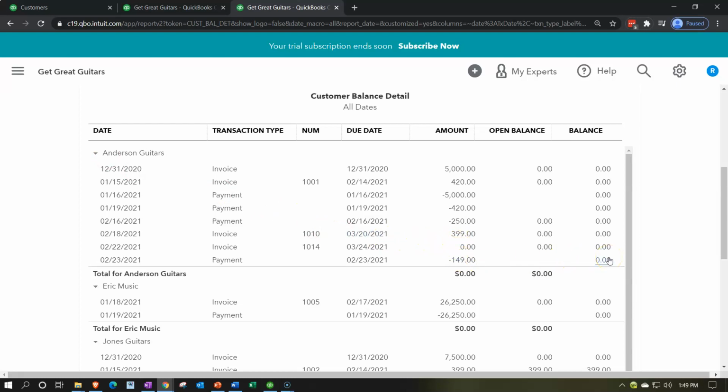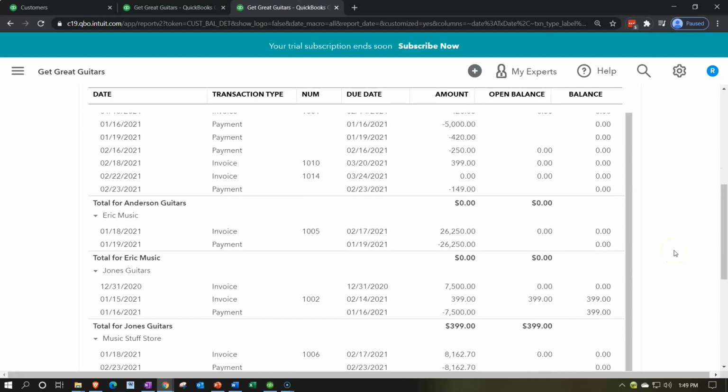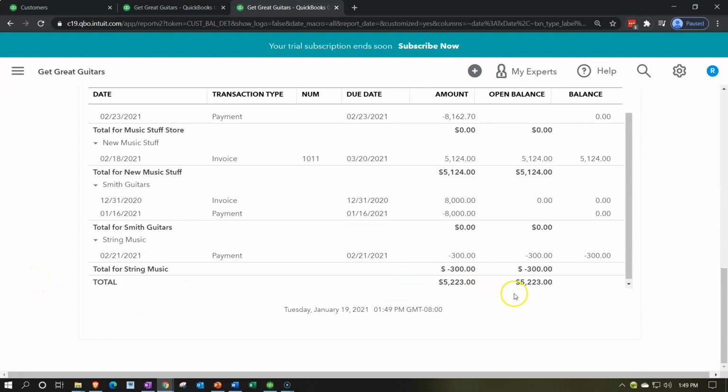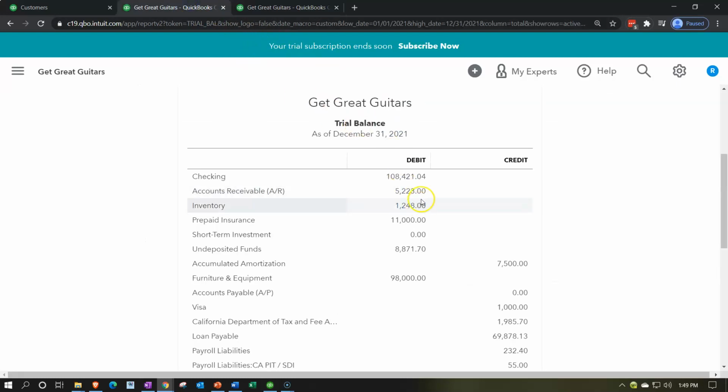So they're all paid up. Mr. Anderson pays their bills on time. They even gave us a prepayment for that particular item here that was applied out to the invoice. And then we paid the rest right there. And then if I scroll down to the bottom, we got the $5,223 that is left here. If I go back to the trial balance, that should tie out, of course, to the 5223 on the trusty